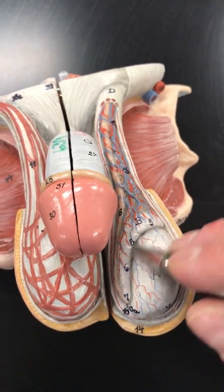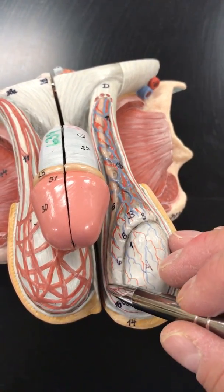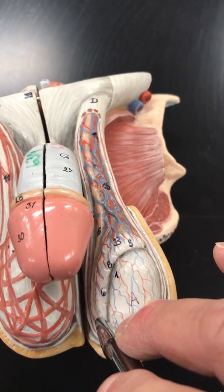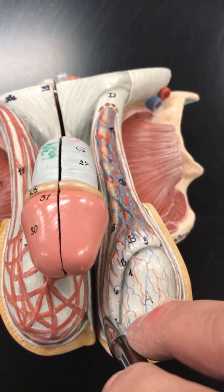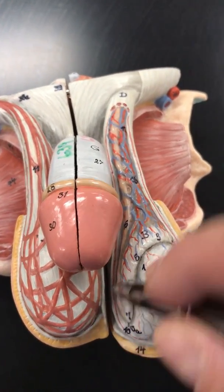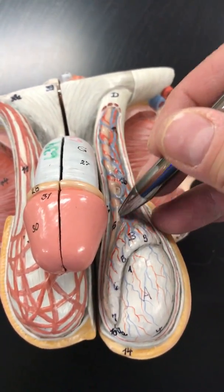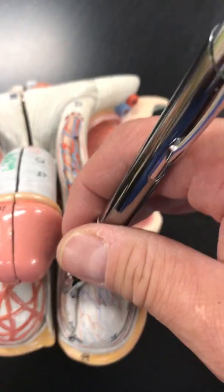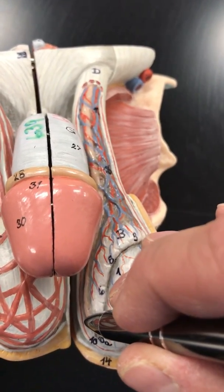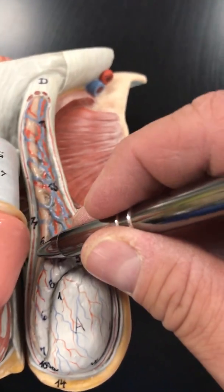The epididymis is a region where the sperm goes and matures. And the epididymis contains lots of sensory neurons, and it allows for that increased sensitivity of the testes. The epididymis then connects to the vas deferens. That's that tube right here, also called the ductus deferens. You can see the start right here is at the end of the epididymis, and it goes all the way